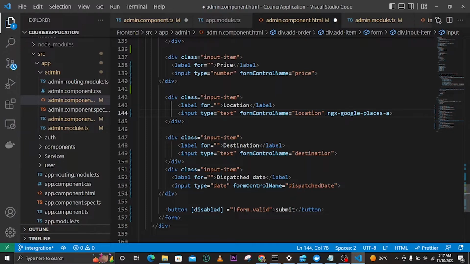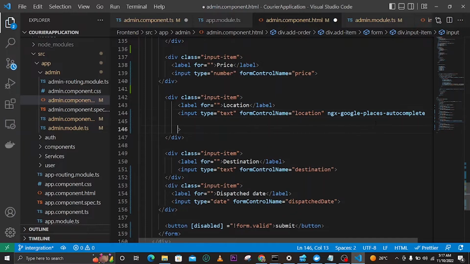It should be autocomplete. I'm just checking. So now after that, we need to give it an event. We can add this event so that we can get longitude and latitude. We can write this on address